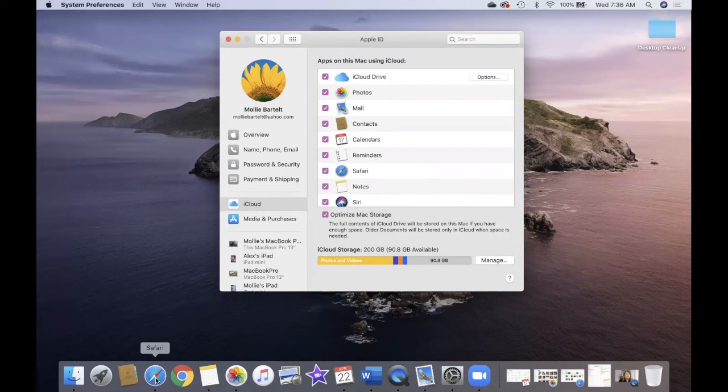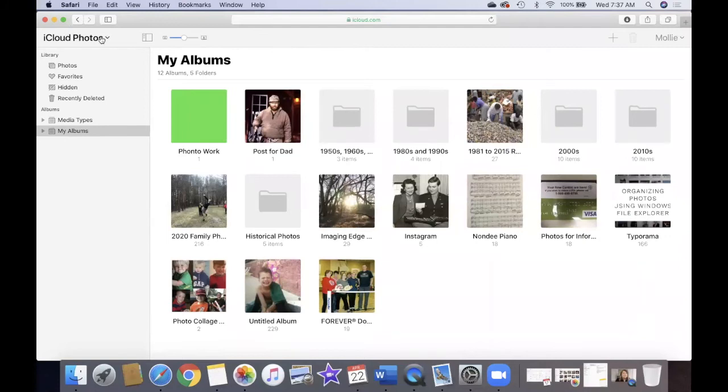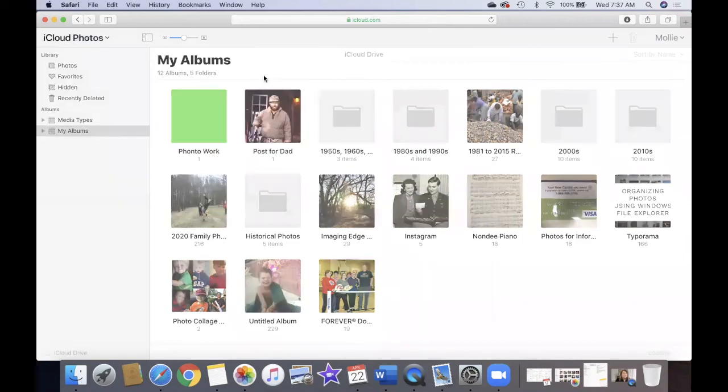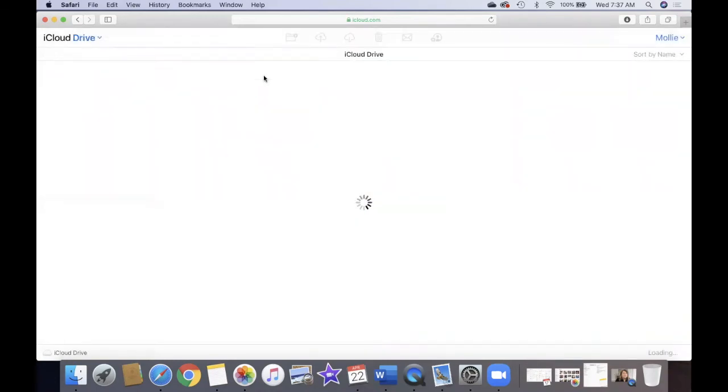But when we go back to iCloud.com, I'm going to leave Photos and go to iCloud Drive. What I store in there is located in iCloud.com. And right now you can see I have nothing in here, and I'm not even sure what Script Editor is. iCloud Drive is for all the other documents on your computer, and if you wanted to be saving things there,